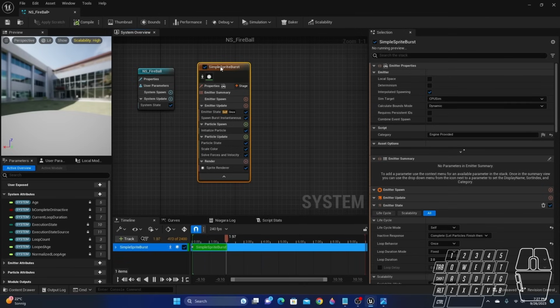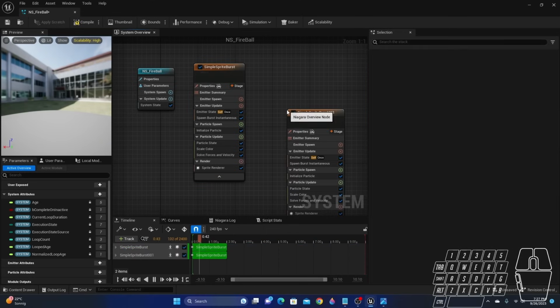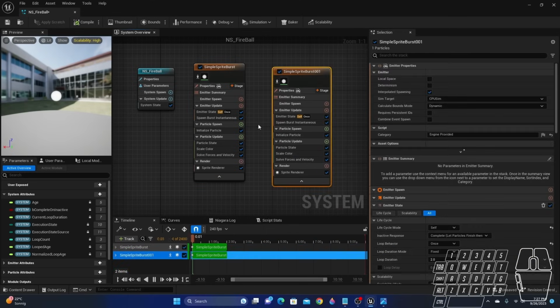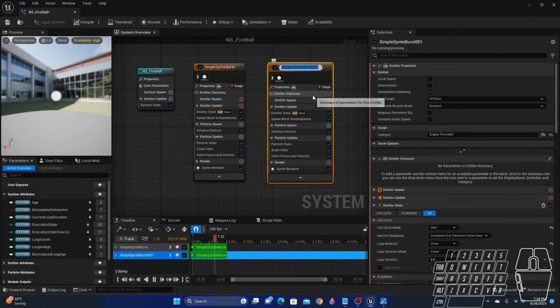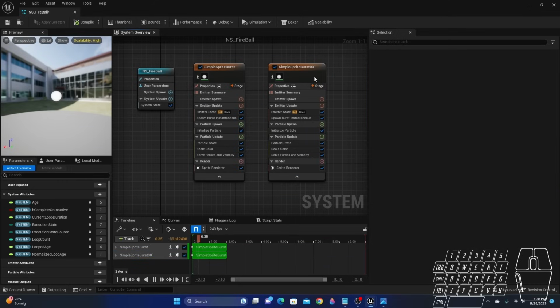For example, if I create a control D, okay, once again here, see this, it has come. Like this we can have as many emitters, and in one emitter we can create a fireball, and in one emitter we can create a beam, like that. So it's up to the requirement of that particular VFX shot. Now I will delete this, sorry,